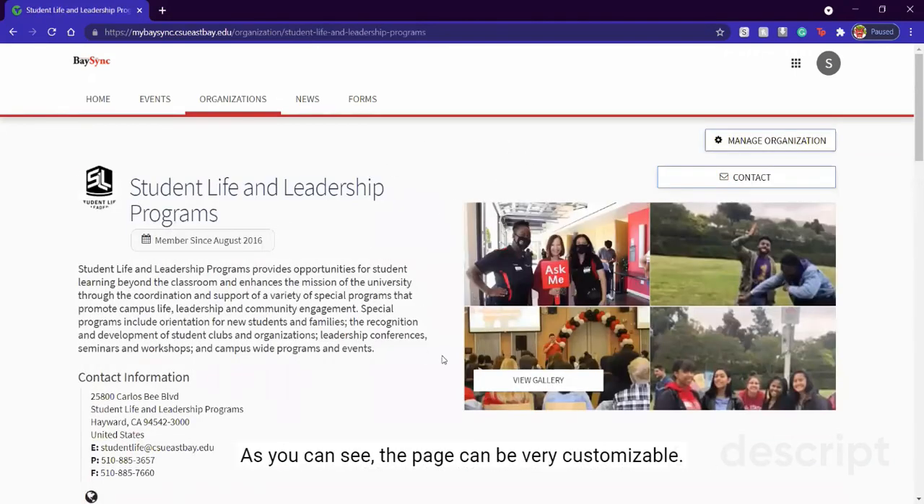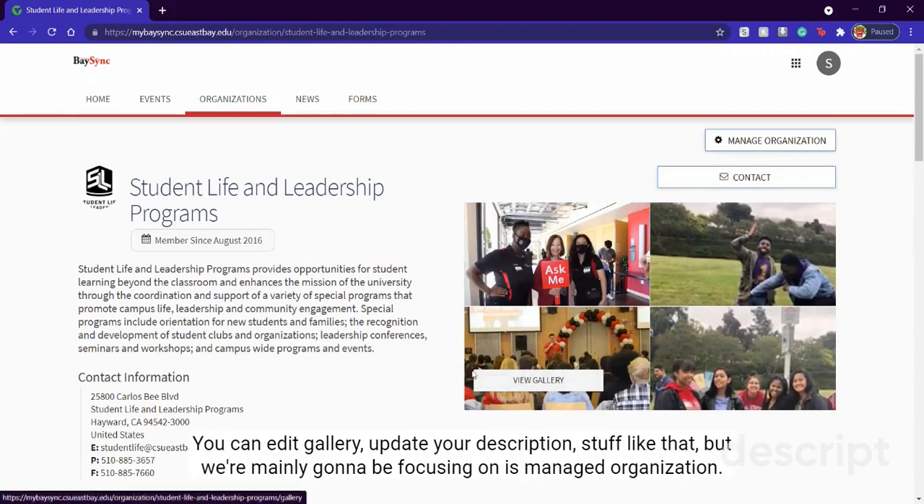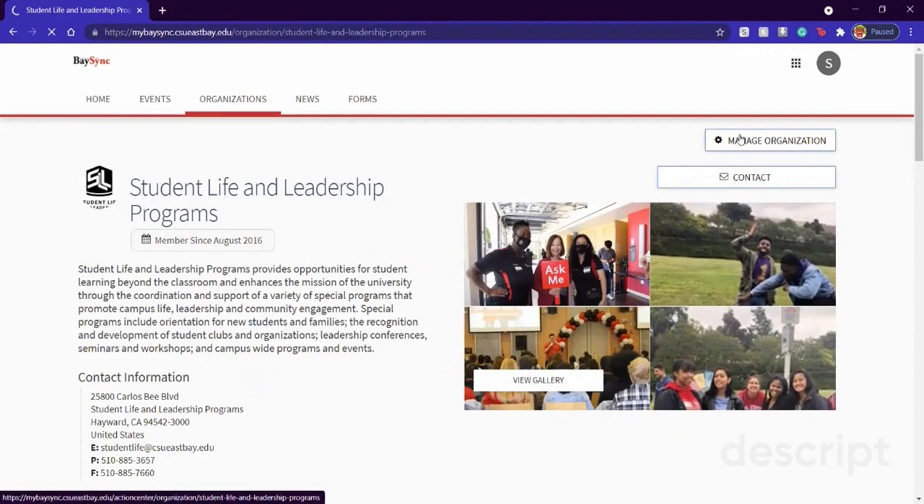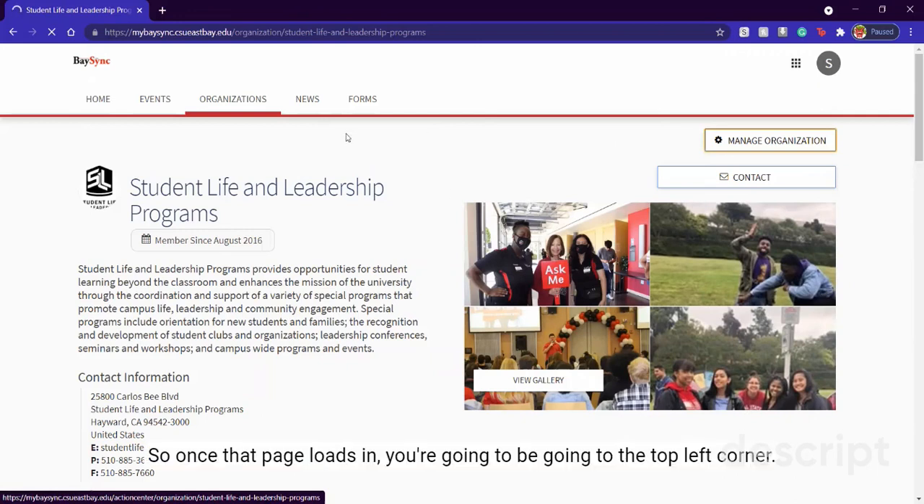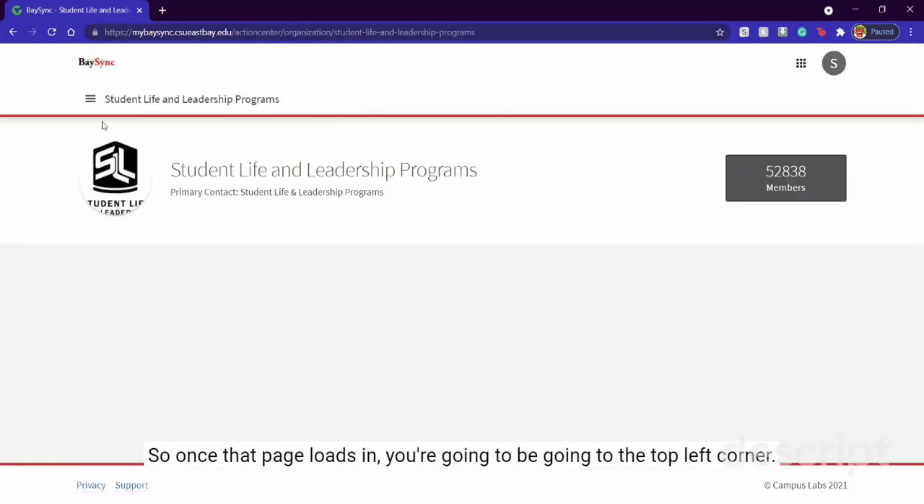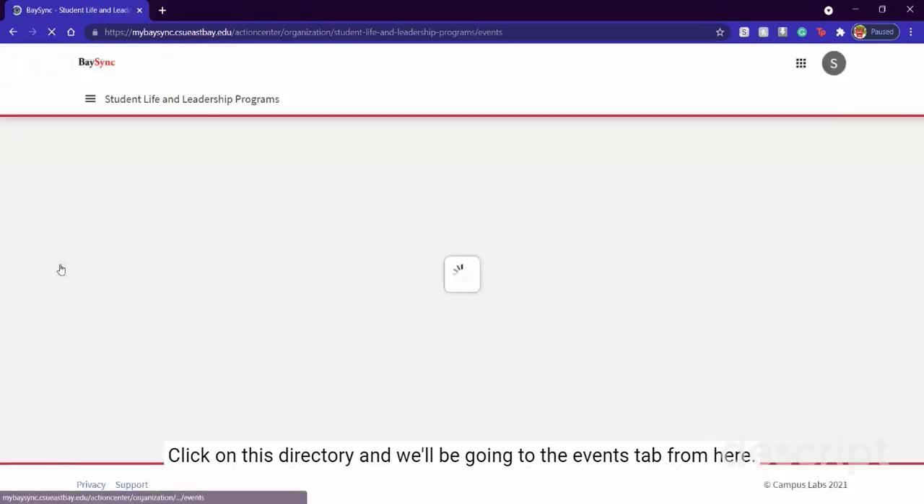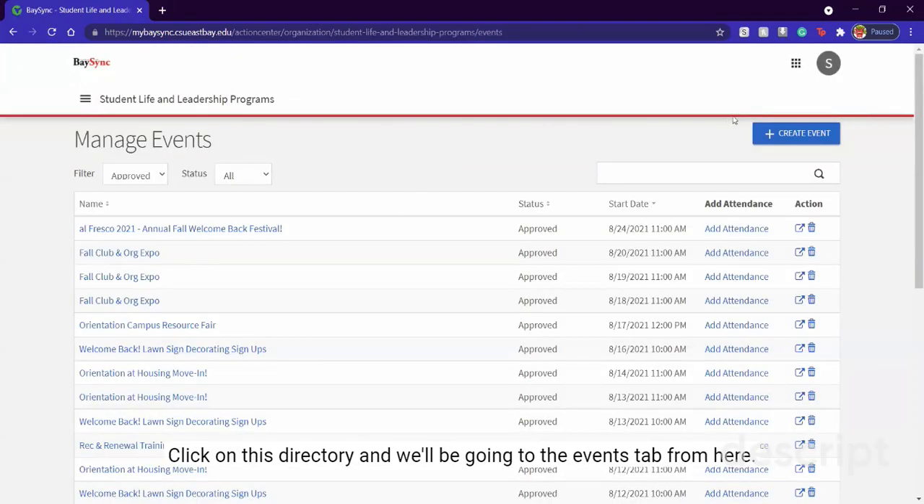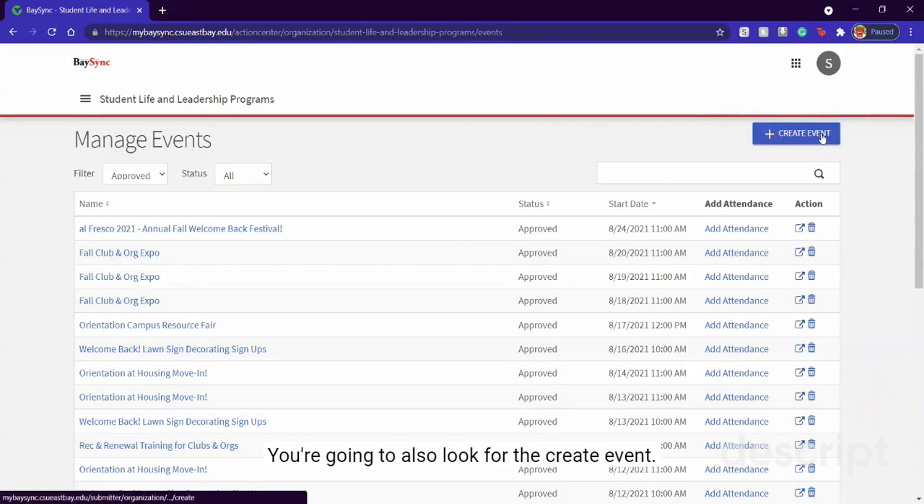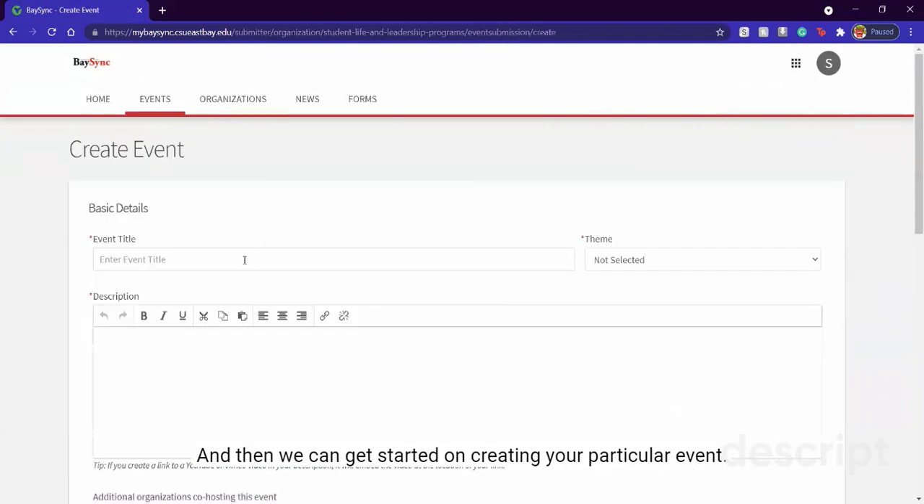As you can see, the page can be very customizable. You can edit gallery, update your description, stuff like that. But what we're mainly going to be focusing on is manage organization. So once that page loads in, you're going to be going to the top left corner. Click on this directory, you're going to be going to the Events tab. From here, you're going to also look for the Create Event, and then we can get started on creating your